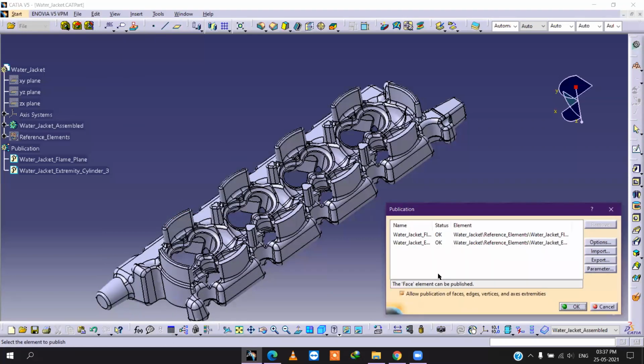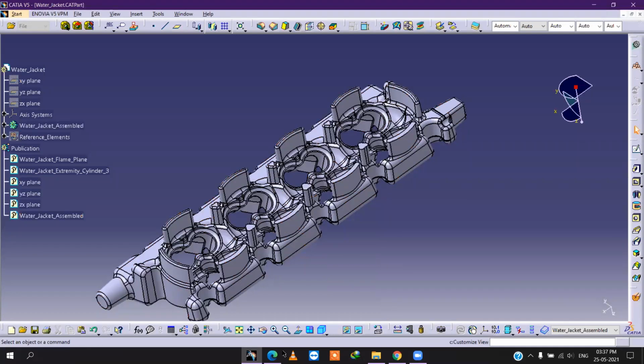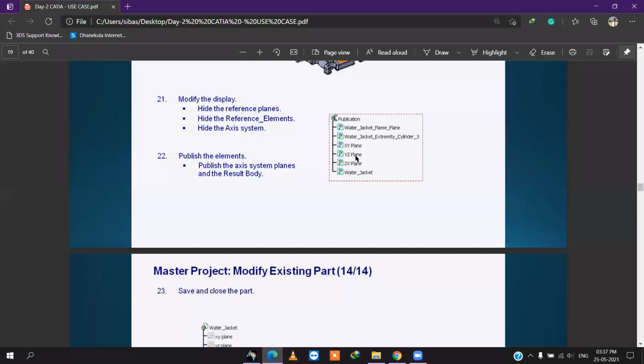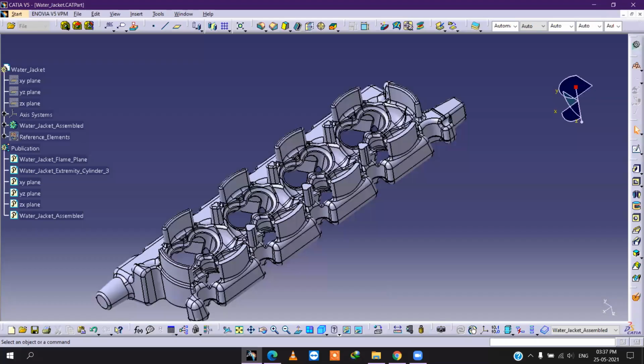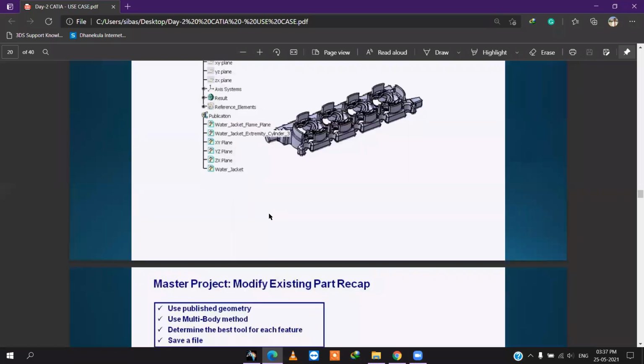After that we have to select this one and the water jacket assemble. Click on OK. See, XY, YZ, ZX water jacket. Okay, now we can set the part and we can close this one.